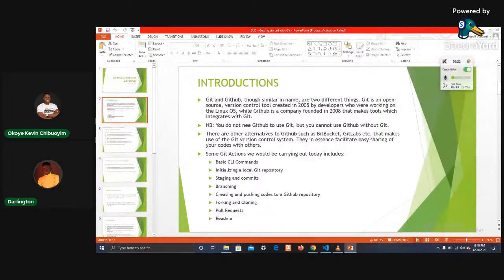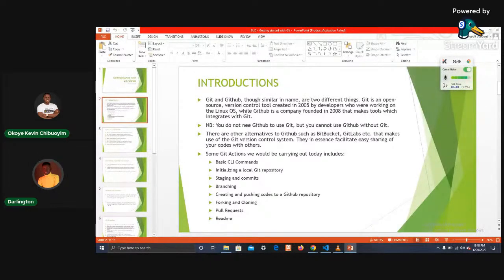So today we'll be running through some basic Git actions. We have limited time, but we'll see how far we can go. We'll be looking at the basic CLI commands. Before now, I told us on the group chat that we would need to install a command line interface to make use of Git, and we talked about Git Bash.